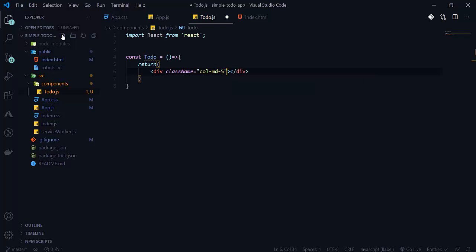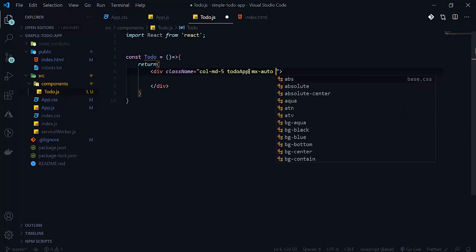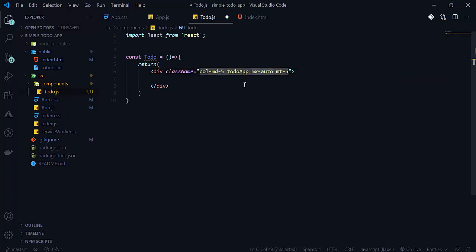So here will be the todo app here. So after that, here will be mx-auto here. So mt will be, margin top will be 5 here, and mx-auto means it will make this in the center here. So after that, let's simply write only an h1 tag.